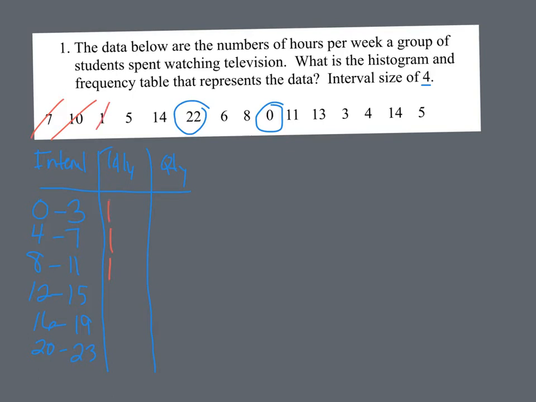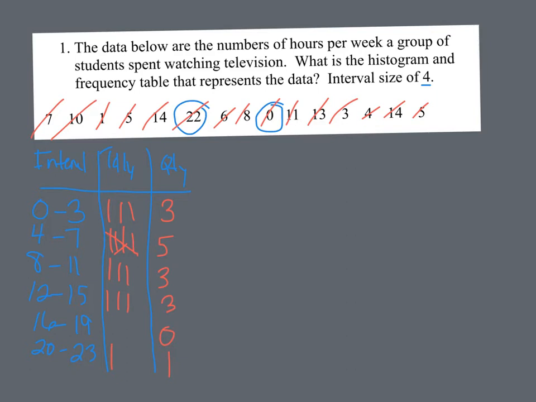There's a 1, a 5, a 14, a 22, a 6, an 8, a 0, 11, 13, 3, 4, 14, and a 5. So remember, your 5th tally you cross. Helps you count them. Okay, so I had a 3, a 5, a 3, a 3, a 0, and a